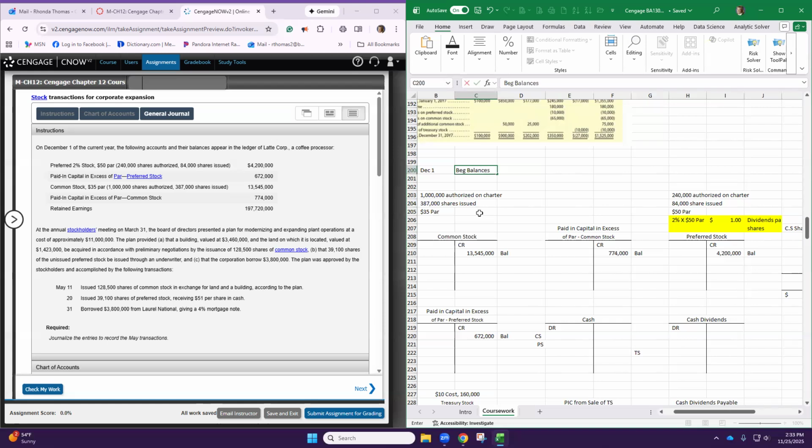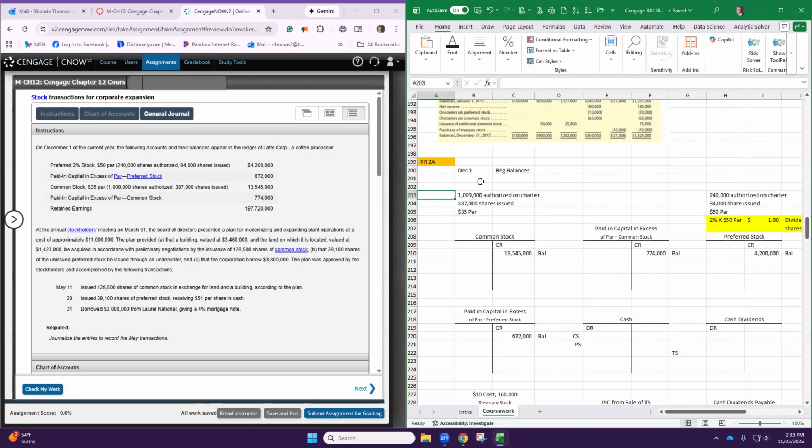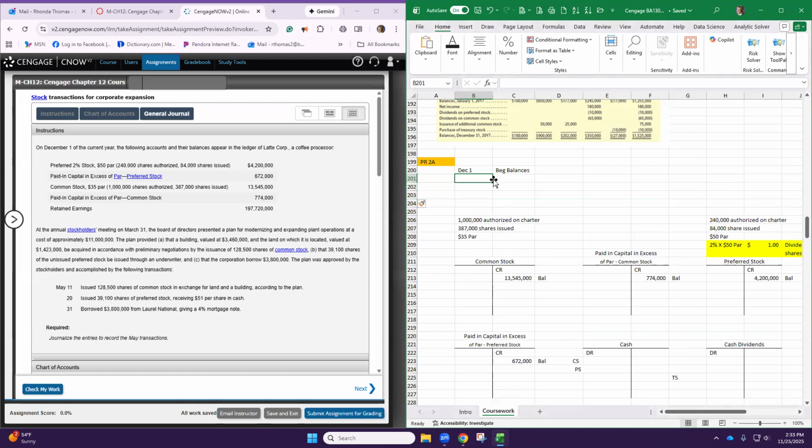Okay, so then the stockholders meeting was on the 31st of the next year. So March 31st. Oops. Okay, at the annual stockholders meeting on March 31st, the board of directors presented a plan for modernizing and expanding